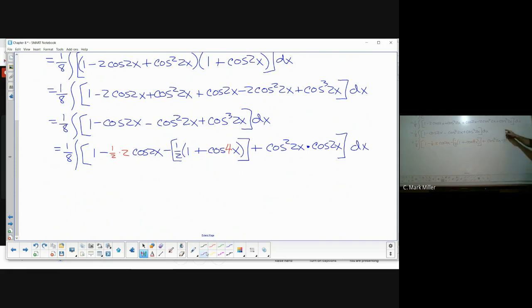So I've cosine to an odd power there. This guy, I'm going to convert to 1 minus sine squared 2x. And then I'm going to have cosine 2x out there, which is just derivative. So this is going to be, okay,